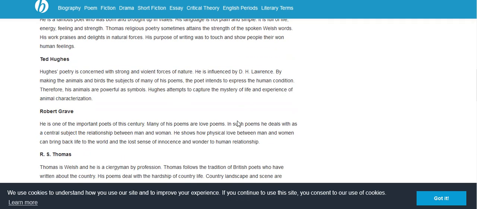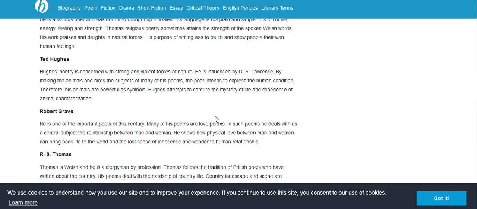Ted Hughes. Ted Hughes' poetry is concerned with the strong and violent forces of nature. He is influenced by D.H. Lawrence in making animals and birds the subjects of many of his poems. The poet intends to express the human condition, therefore his animals are powerful as symbols. Hughes attempts to capture the mystery of life and experience through animal characterization. So he makes a parallelism between man and animal